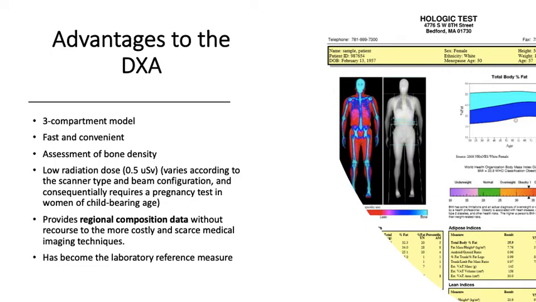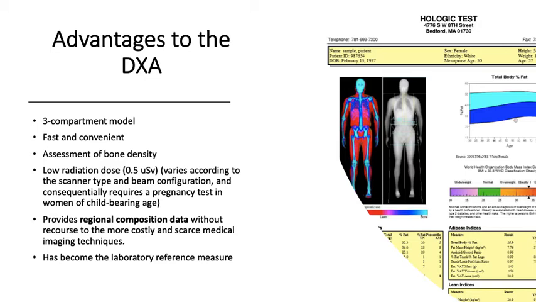It is a 3-compartment model, so it's better than the 2 compartments. We also consider bone mass. So you can see the report that someone would get over on the right-hand side. So you can have your own personal bone skeleton or Halloween card that you can put up of your own skeleton, which is pretty cool. And then the right picture is your soft tissue. So you can actually see your lungs and your heart tissue as well as abdominal tissue, etc. So it's pretty cool. It's a really cool system, and you get this picture and you can track changes over